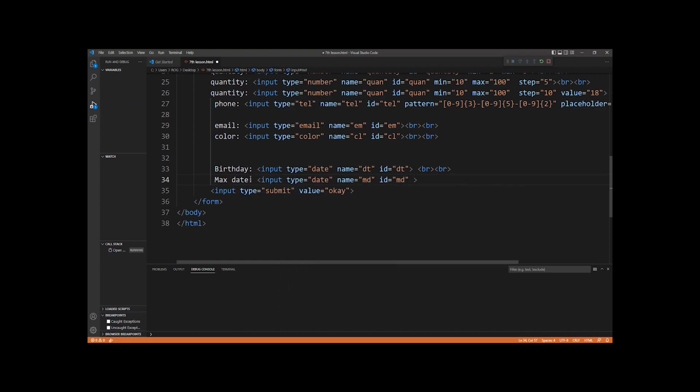So this is the max, and if you want to make a form for sports, for example, and you want kids under 18, you may use minimum. I will use minimum date over here, so min is equal to,